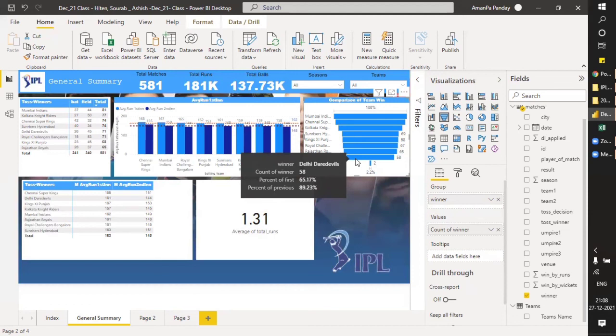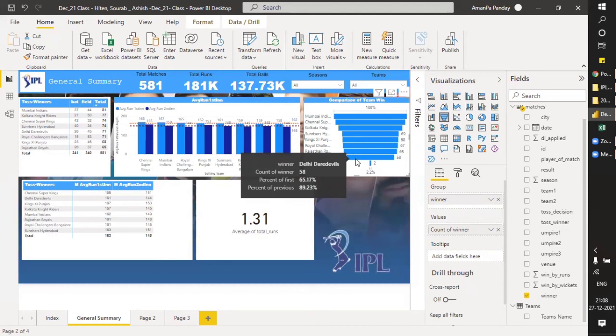Can you go on Mumbai? Is it 65%? In Mumbai, Mumbai is taken as 100% when we're talking about percentile. It's not percentage, it's percentile, Kailash.